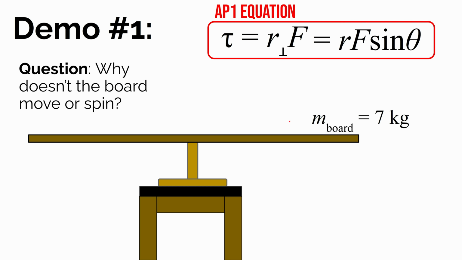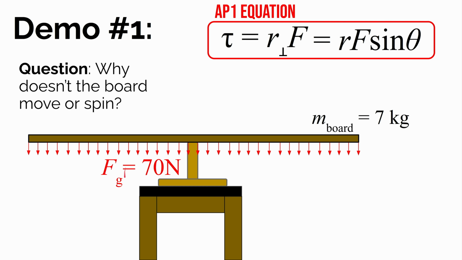Well, it's got a mass of 7 kilograms, so therefore gravity pulls down with a total of 70 newtons of force. But when we're talking about also rotation, we have to not just draw a dot for the object, not just a simple free body diagram or a force diagram. We have to actually draw the entire object and label where the forces are acting on that object. And that gravitational force, where is it pulling on the board? Well, every little bit of mass of the board is being pulled by the Earth's mass. So technically that 70 newtons of force is spread out evenly over this entire board